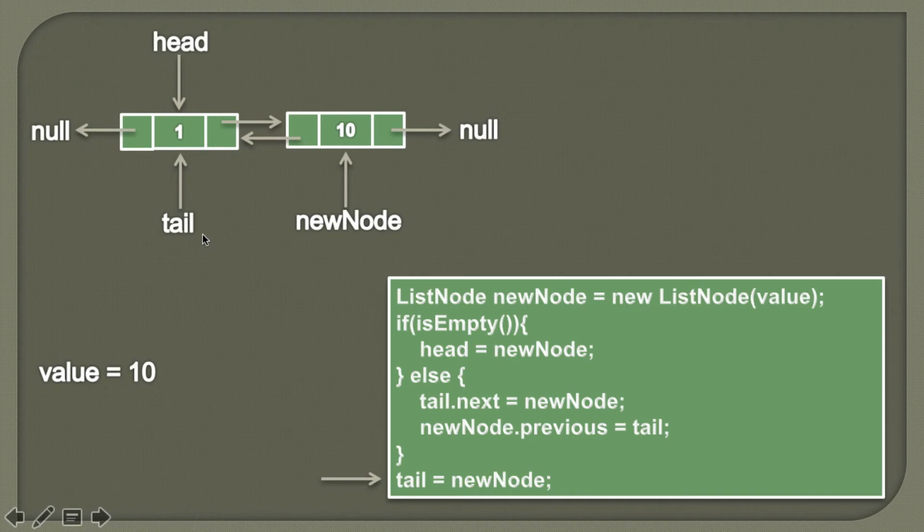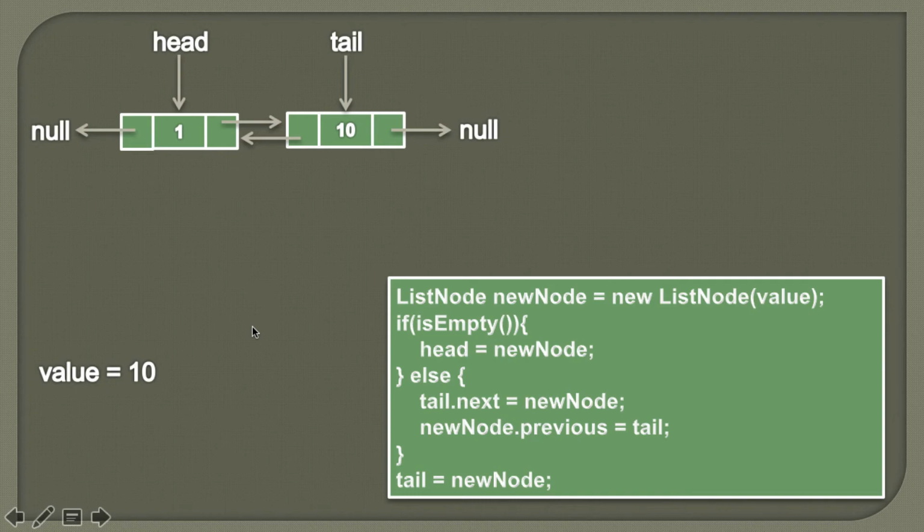So if you see in a doubly linked list, the head points to the first node and the tail points to the last node. So initially there was only one node, therefore head and tail pointed to the same node. But after the insertion of this new node, tail should point to this new node. So in order to do that, we need to assign new node's value to tail, and it would look something like this. So friends, this was the demonstration of inserting a list node at the end of a doubly linked list.